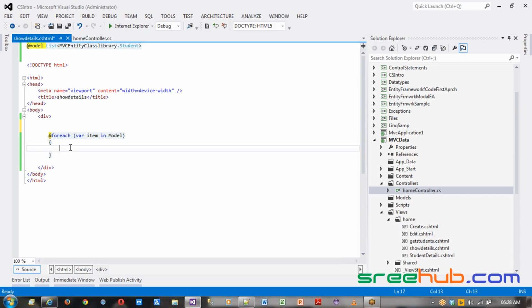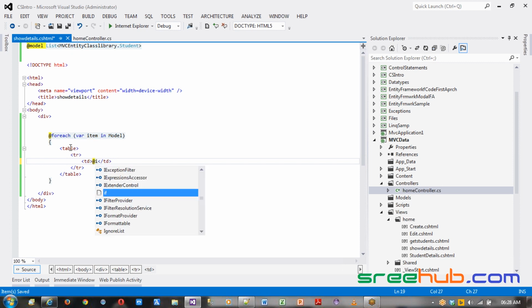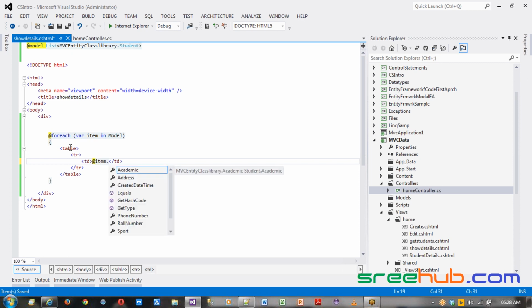For each student I'm going to create a separate table. Let's say TR and TD, where I'm going to show each item, like roll number,